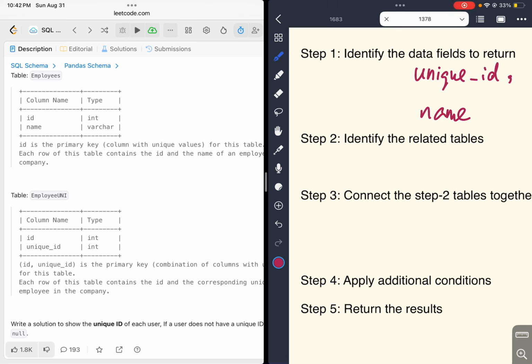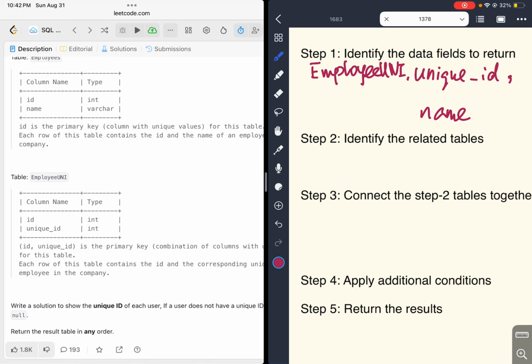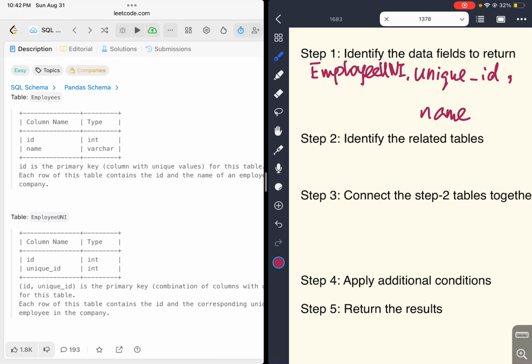Because we have multiple tables in this question, when we refer to the data fields, we also need to write the table names ahead of them. Unique ID is coming from the table employee unit, so we write the employee unit table name first, then the table field. Name field is coming from employees, so we write the table name, employees,